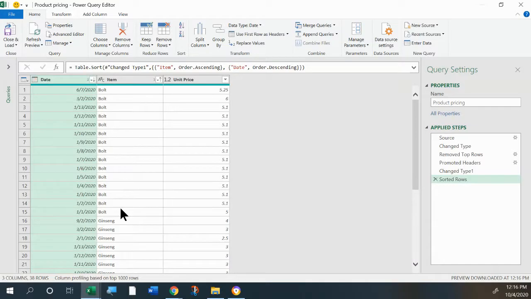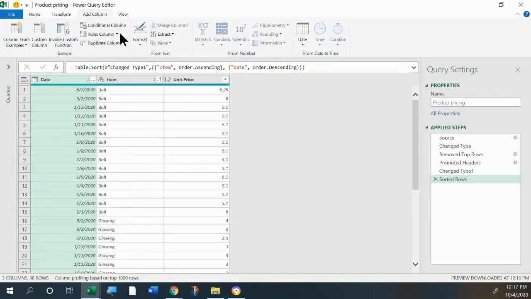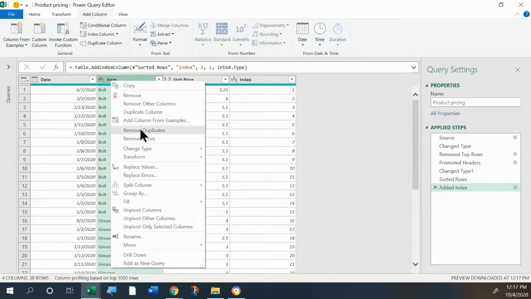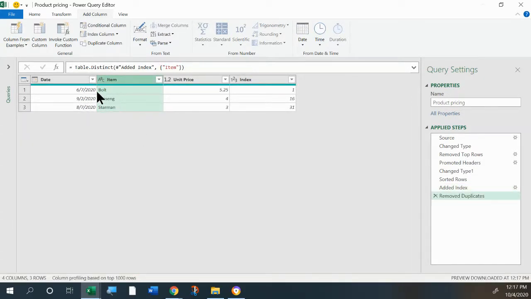In order to get the latest prices, we need to remove duplicates from the item column, but it will not seem intuitive, but we actually need to put in an index column as a step before we remove duplicates in order to get the latest prices. So the way we do that automatically is we're going to say add a column. I'm going to create an index column from 1. So that will give you a listing of the records here in order. And now if we right click on the item and we say remove duplicates, we will have the latest prices